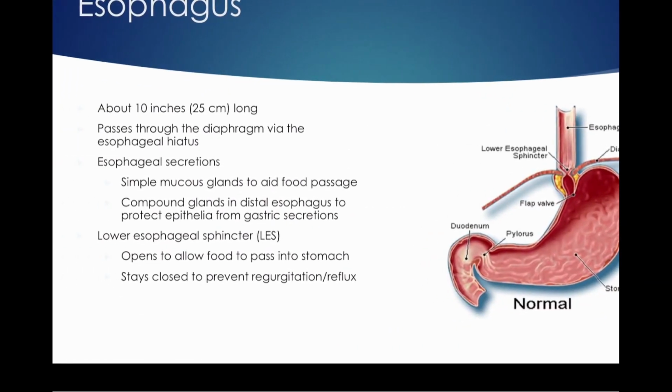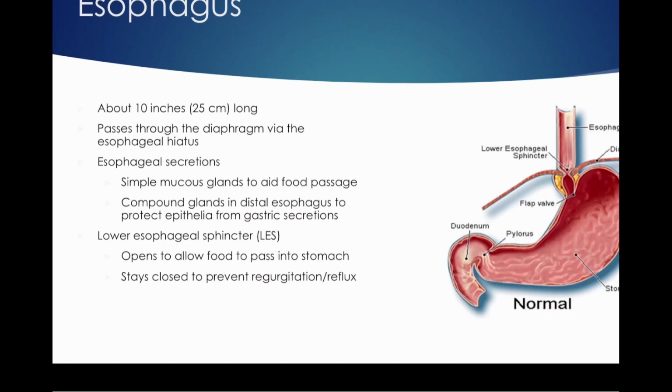Finally, get to the esophagus. It's only about 10 inches long, passes through the diaphragm via the esophageal hiatus. That's where you get a hiatal hernia. The stomach pops up through that opening and it gets caught, or it could get caught. We do have esophageal secretions here because it's basically making a slip and slide. That's all you have to do. Got to get from the top to bottom, got to get it lubricated as possible so that food can slide